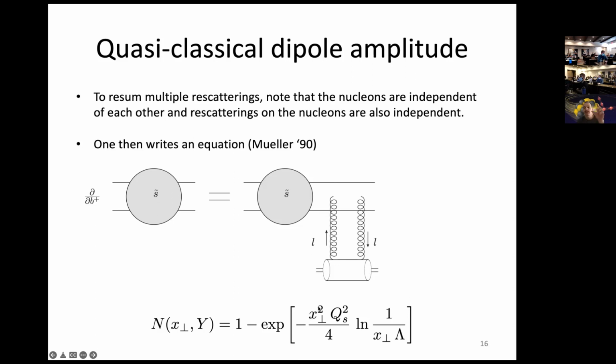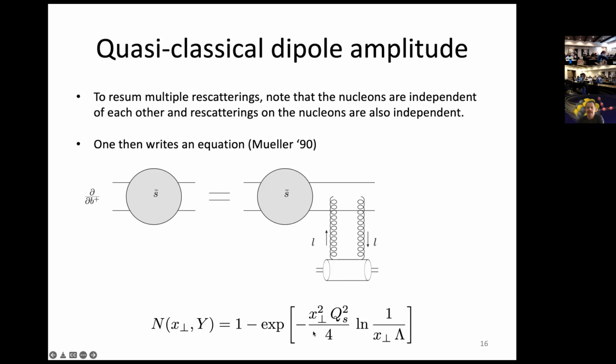Remember, x perp was the transverse size of this quark-antiquark dipole. And there is a scale here, which we call Q_S, which comes up from the calculation. Indeed, the object in your exponent has to be dimensionless. If we have something which has dimensions of distance squared, the x perp squared, then it has to be multiplied by something with dimensions of mass squared, and that's the scale Q_S squared. And then there is also a log of the infrared cutoff, which comes about if you do the calculation. So this Q_S squared contains a lot of information about the nucleus, but we'll discuss it a little later.